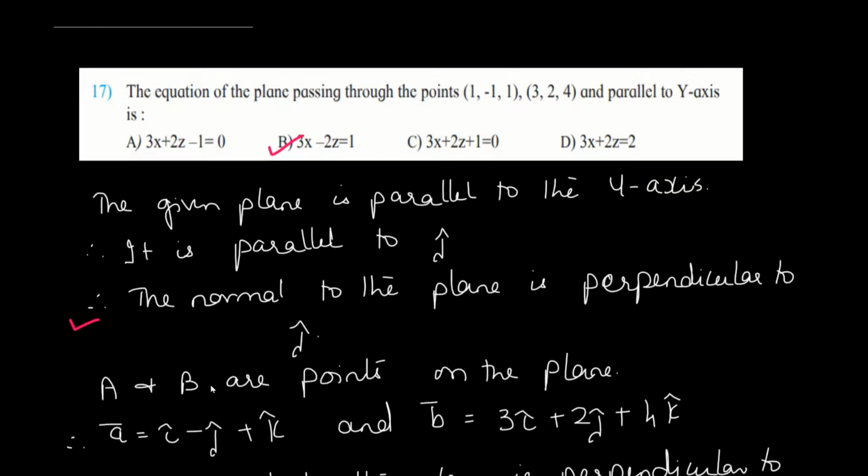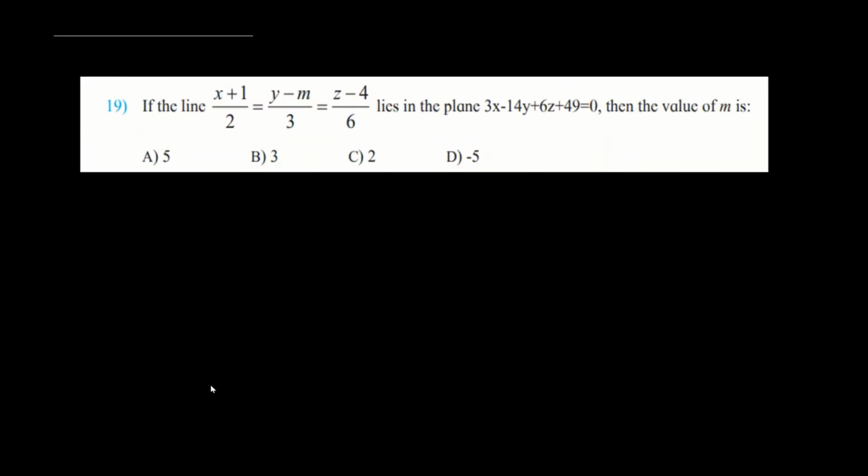Now the sum might look bigger to you, quite long it looks, but when you do it in the exam, if it comes as an MCQ, you don't have to write all these steps down. You can just do it in the rough page and finish it quickly if you know the theory properly. Now we go on to the 19th sum, because the 18th question again deals with your deleted portion, so we are not going to deal with that. We are coming to the 19th sum.